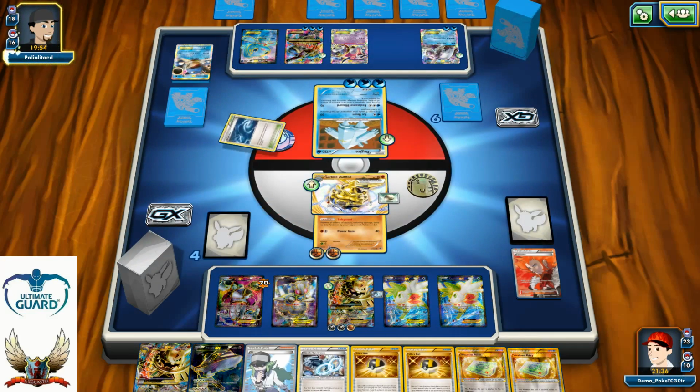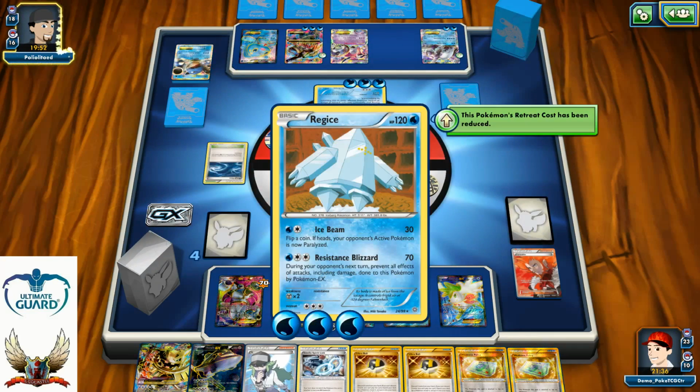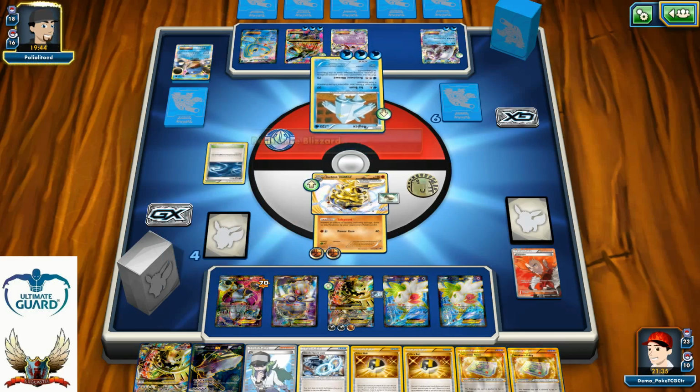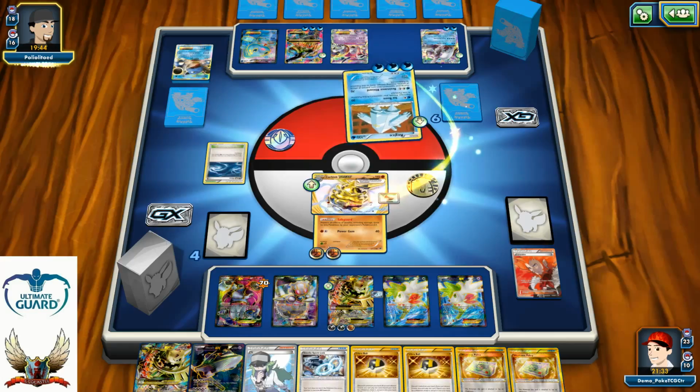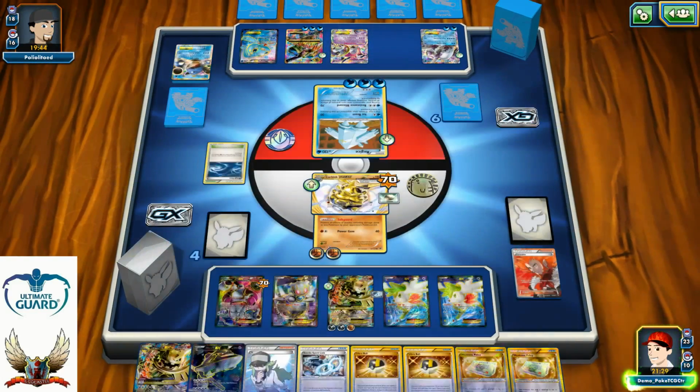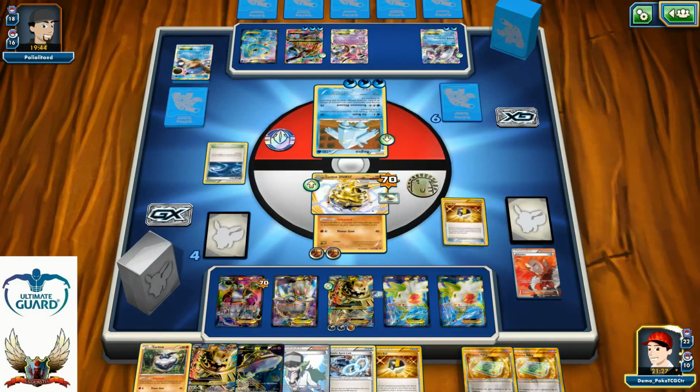But yeah, more than that, he can attack with Resistance Blizzard, no doubt about that. He can also have that Rough Season play, that's just perfectly fine. I can still have Power Gem for like an 80, maybe even 100. There we go, there is Resistance Blizzard, and right now I need to find another way to get another Lysander